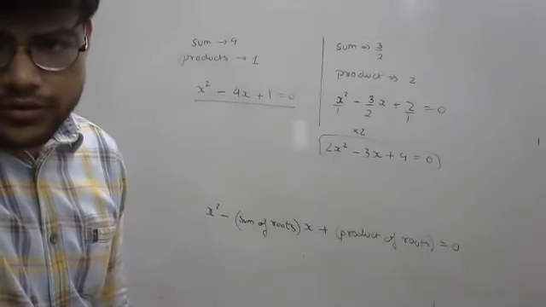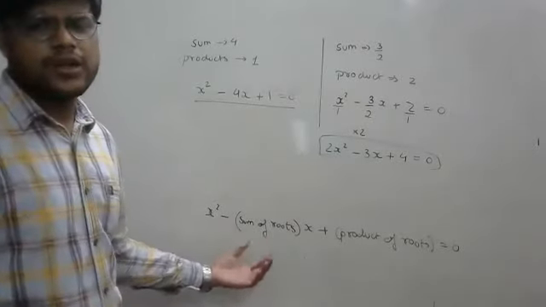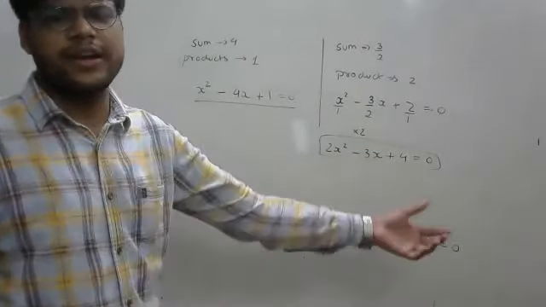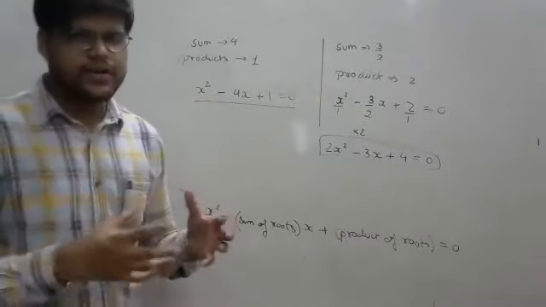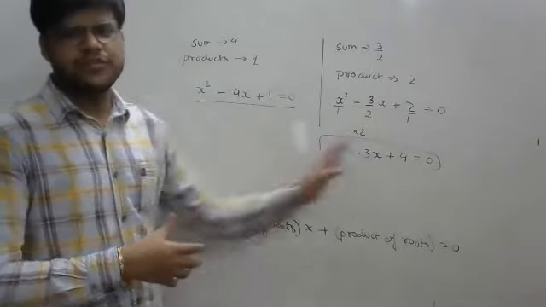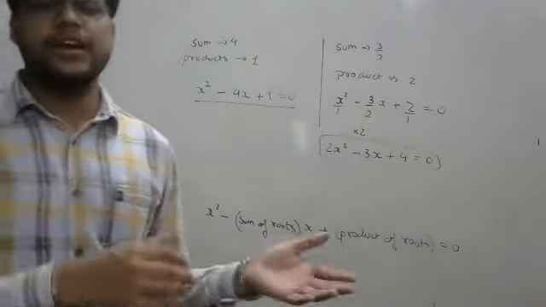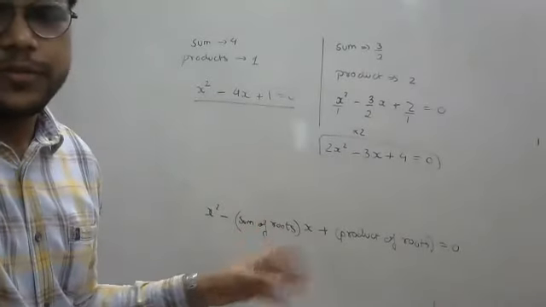I'll just check your doubts. No, we should not shift minus b by a. I got your point. You are asking if we can shift this minus b by a to the right side. See, we want to write this equation in standard form, and in standard form, all the terms are on one side with zero on the other. So if I shift it, it will not be in standard form, and then again you have to bring it back to the left side. That's why we are following this particular method.